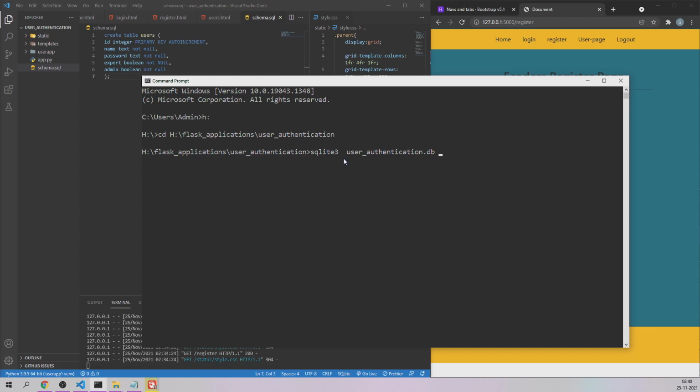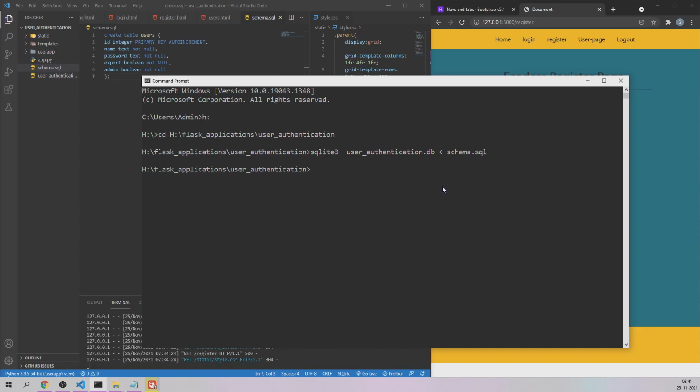In this database, I'm going to use this square bracket, give space and feed this schema.sql file, because it already has the code to create a table inside the database. Now you just have to press enter, and as you can see, it has successfully created a user authentication database,